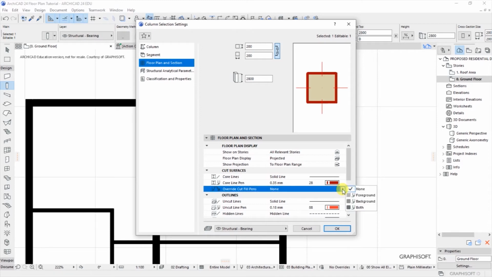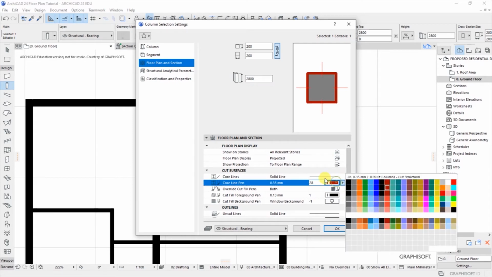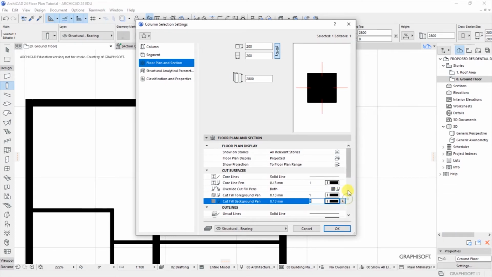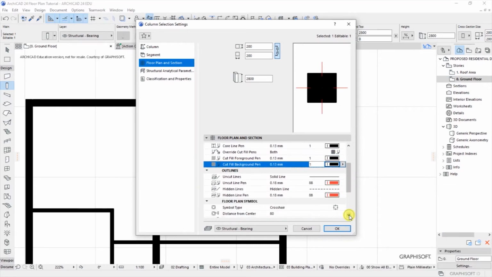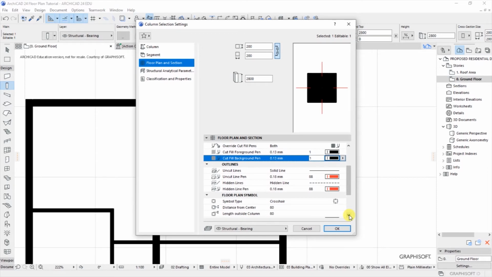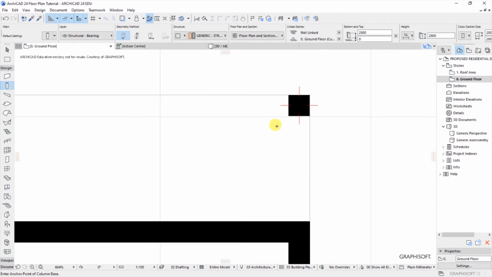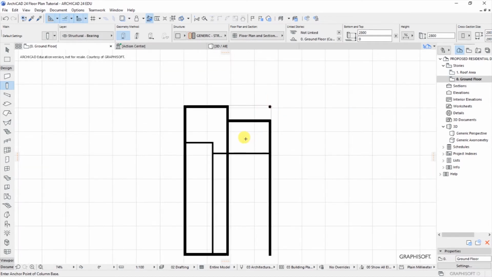You don't have an option, so here we have either you can put none, you can override the options for the foreground, the background, or both of those options. So I will select both, and I'll be able now to change every option to the color that I want. So that's for us. That's the column. Click OK, and you see now the changes have been effected. So we are done with